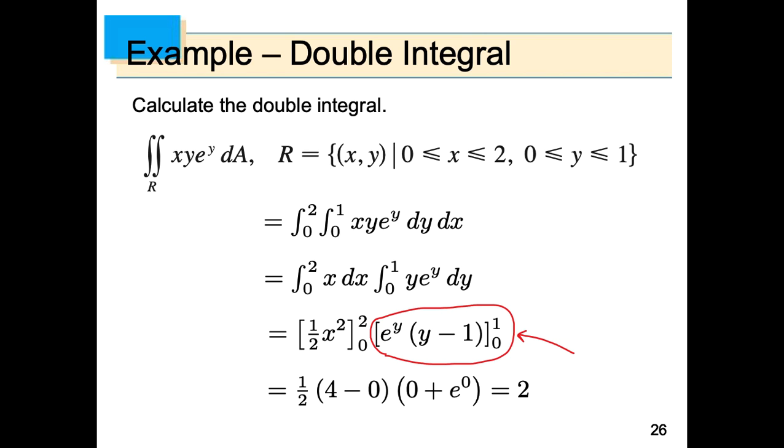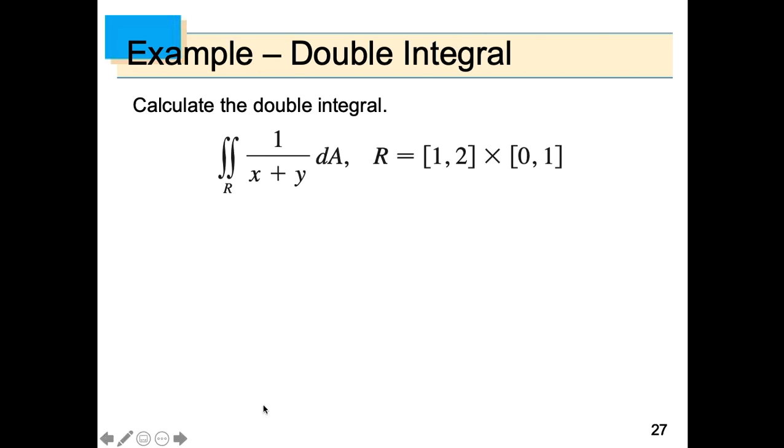So the last two examples were nice because we were able to separate them and basically just calculate the product of two single integrals. Now for this problem, you'll notice that we actually cannot separate. In the last couple examples, we were able to take the product of something explicitly x times something explicitly y, and integrate two single integrals. Here, we will not be able to do that. So here we actually do have to integrate according to the first double integral I showed,